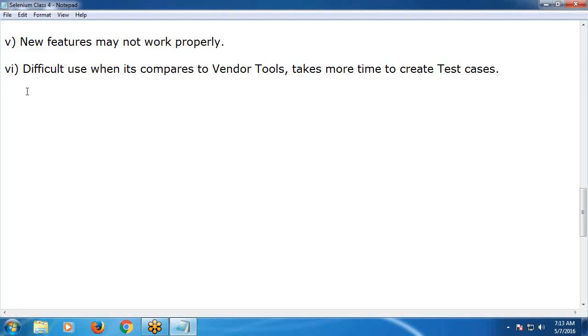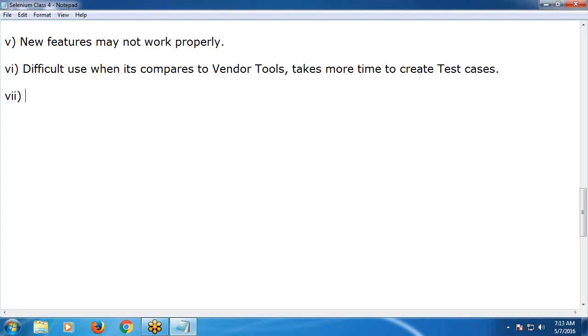Otherwise, you can use VB script conditional statements. Suppose if you want to conduct data driven testing in UFT, you can use the UFT built-in feature data table. It is easy to use. Otherwise, you can use VB script loop statements and import data from external files using VB script, file system object, Excel object, etc. See, but here in Selenium, no tool feature. For each and everything, we need to write the code. It takes more time to create test cases. Next,